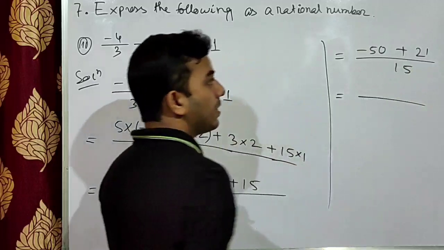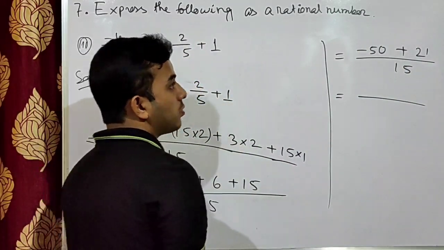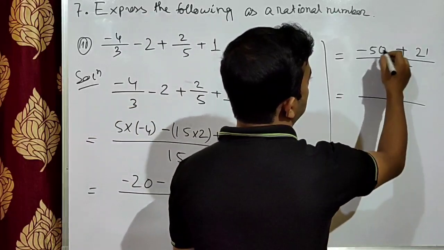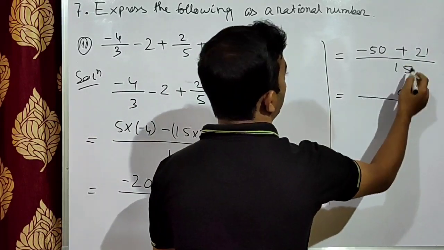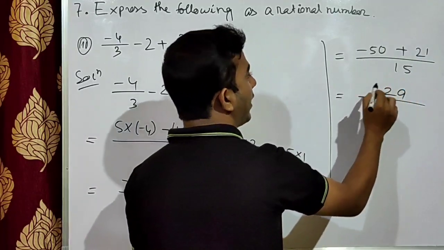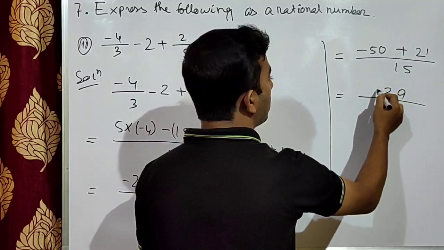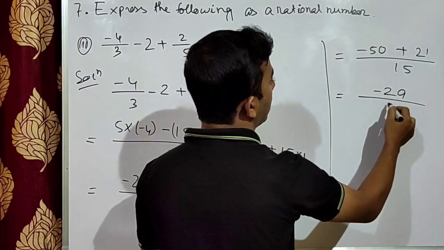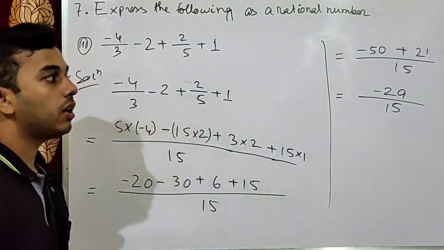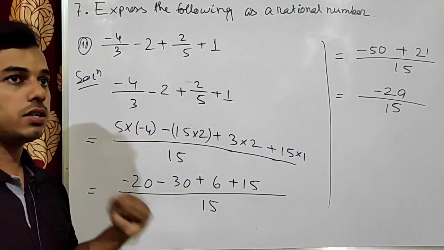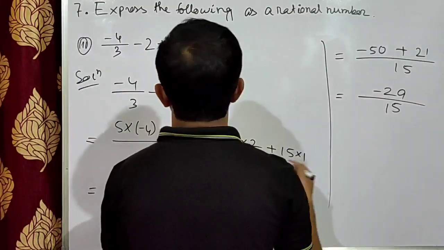Minus plus is minus. So 50 minus 21 is how much? 50 minus 21, it is 10 minus 1 is 9. Then 2, 29, right? And the sign will be of the greater number. Here the greater number is 50. 50 is negative. So minus 29 by 15. So this is our required rational number, right? Very good. So now we can say that, hence